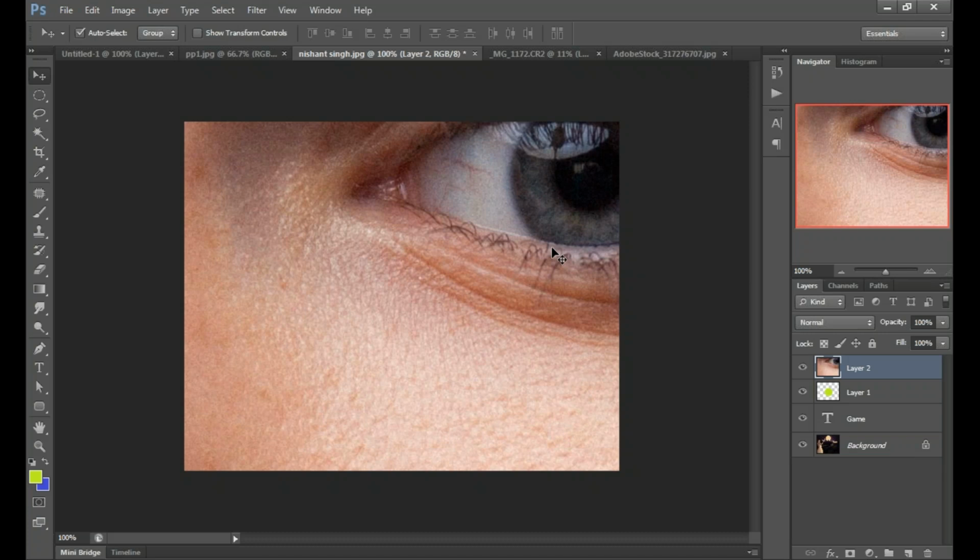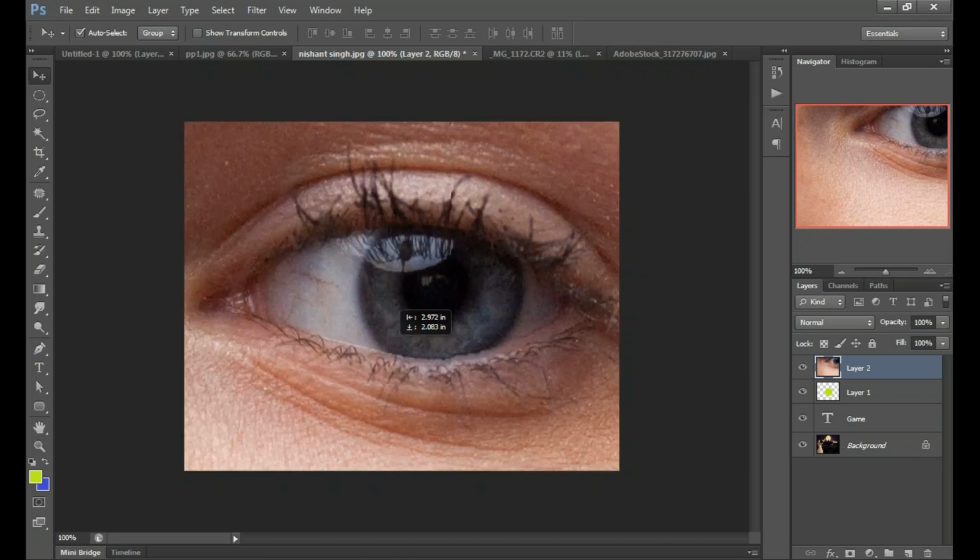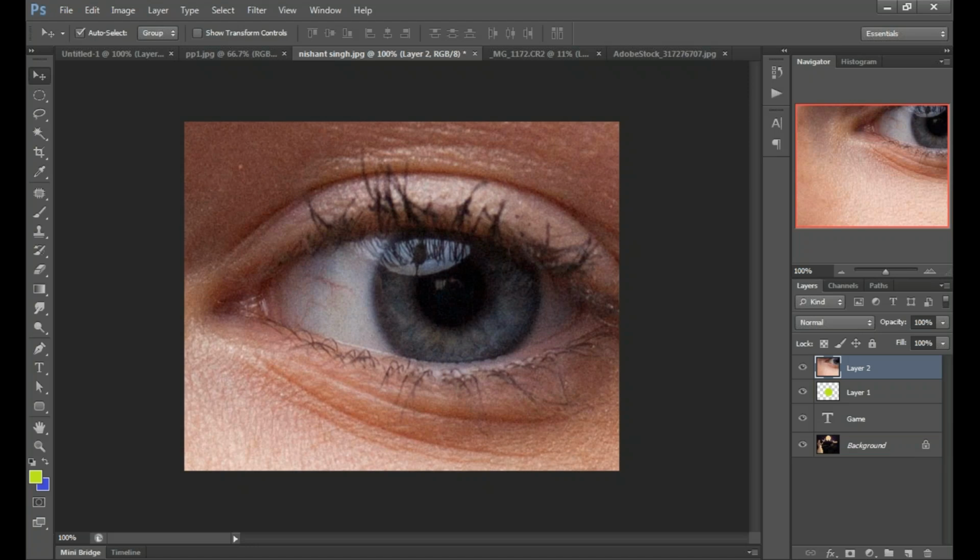Actually, the complete image is there, but the image sizes are different. That's why we can only see the eyes. Clear? Yes, all clear.